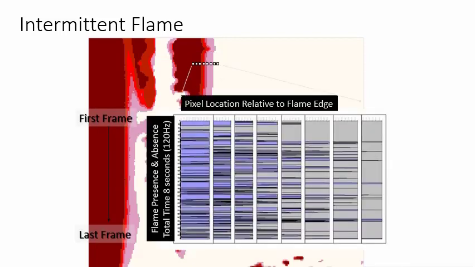Right? Flame is flickering, it's moving back and forth, and it's not always there. So this pixel location that's in the deep red here, that's this first box right here. And what you're seeing in these dark blue areas, this is where the flame is present. And the light blue areas, the flame is not present. It's just ambient air. So most of that time, this is 8 seconds of time, the first frame to the last frame over 8 seconds, shows that most of the time the flame is present there,